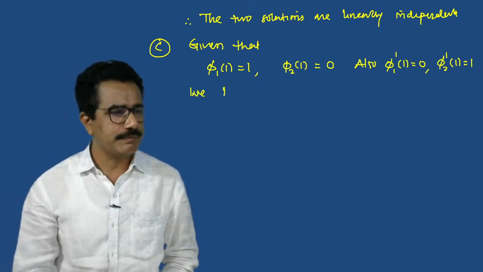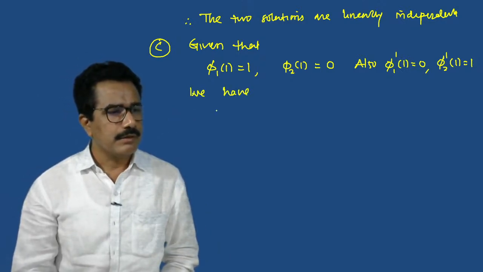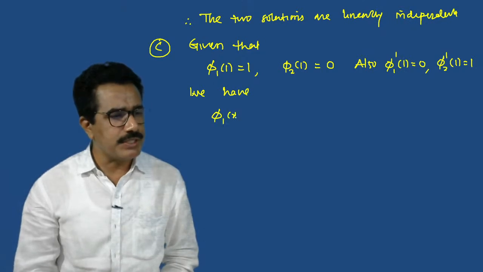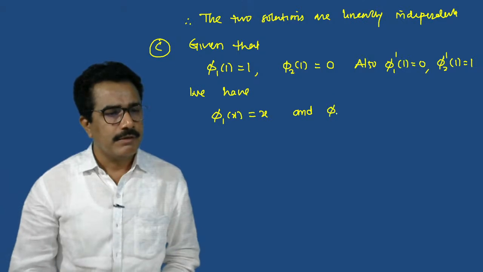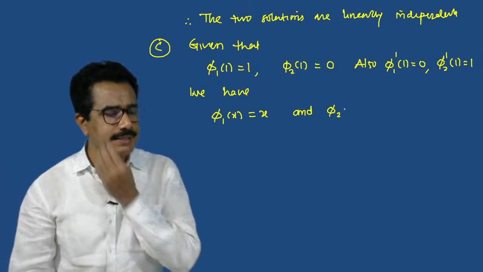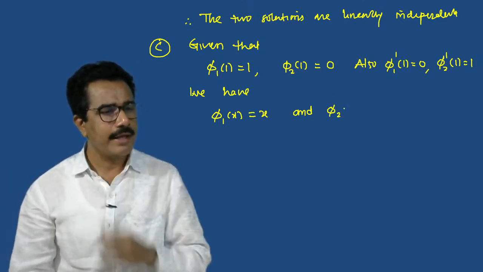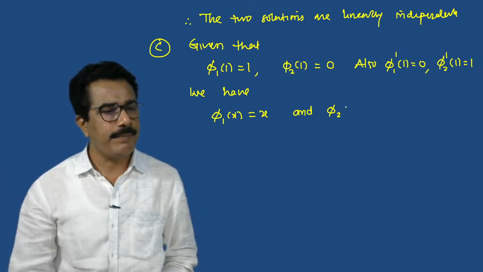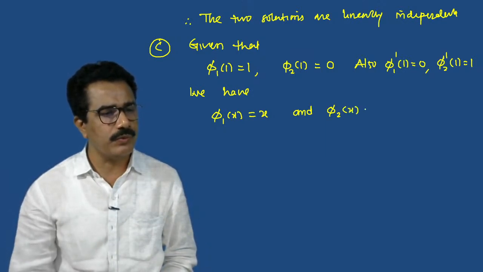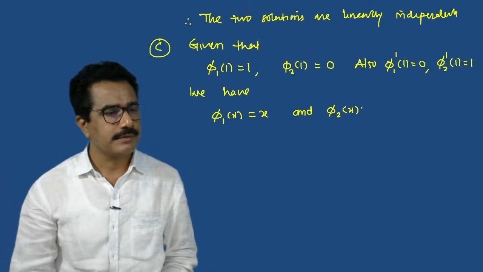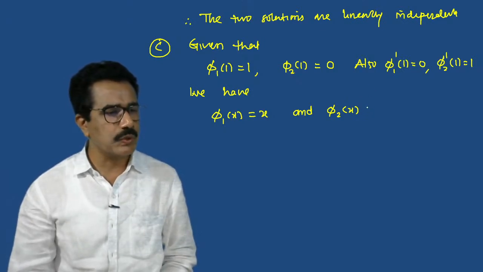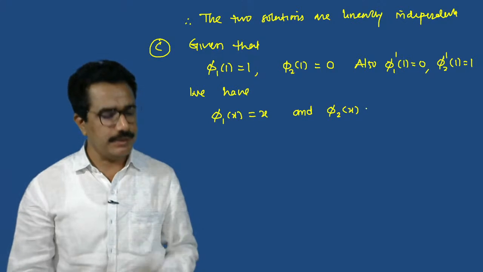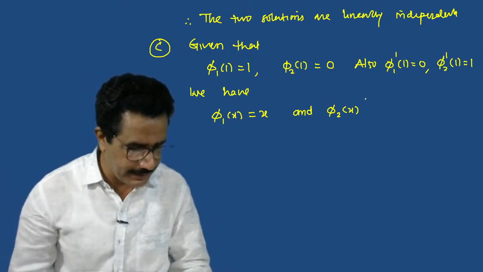We have phi 1 of x is equals to x and phi 2 of x, see this, phi 2 of x is equals to what? तर काय येतं पहा, phi 2 of x is equals to these values. So we can write this as a